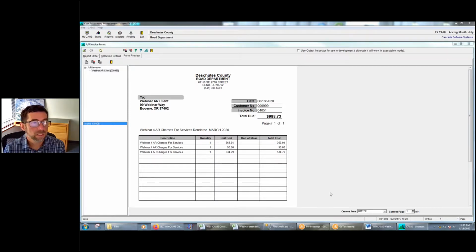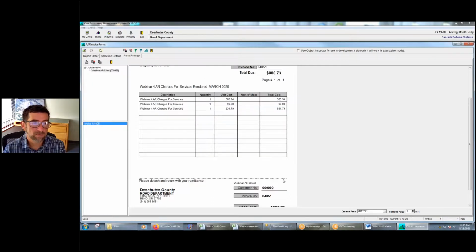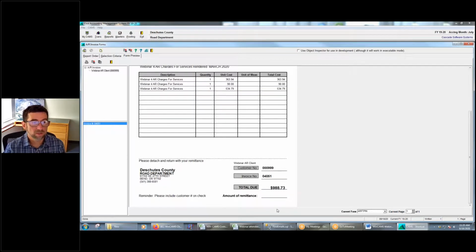So we can put your county seal up here. We can make sure that everything looks tidy, and then people would maybe send this invoice out for $988, and or they'd print it to a PDF and send it, or we've been working on partnerships with billing